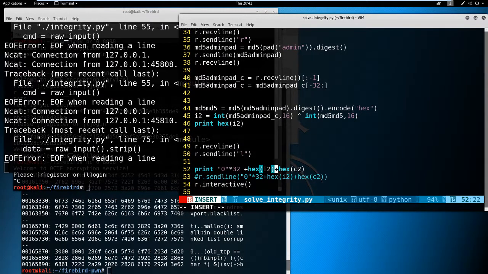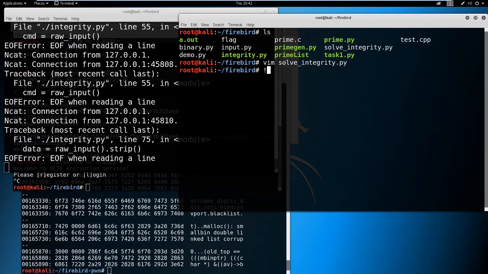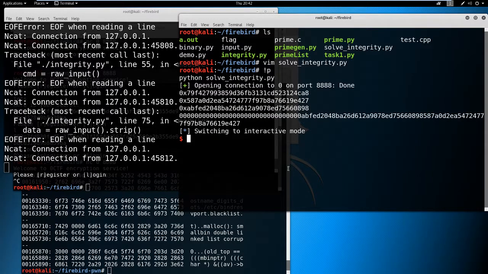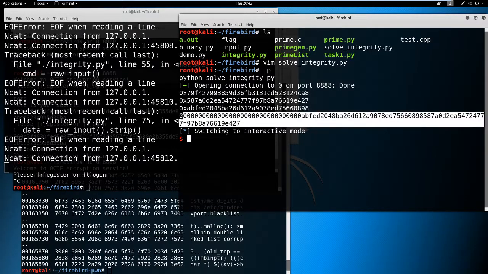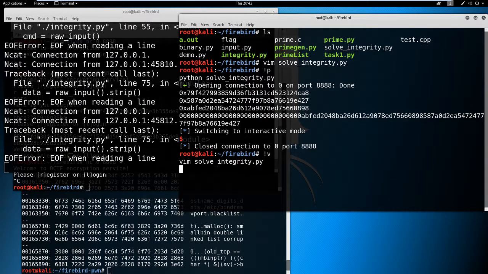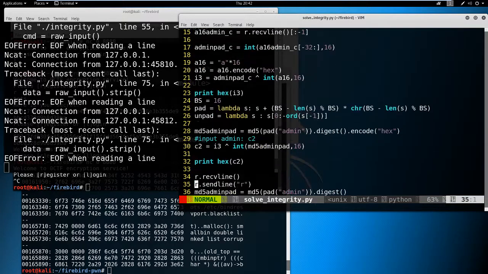How can we get rid of the 0x? Just ignore the first two. We can check by this. The 0x is gone. And we can just send that into